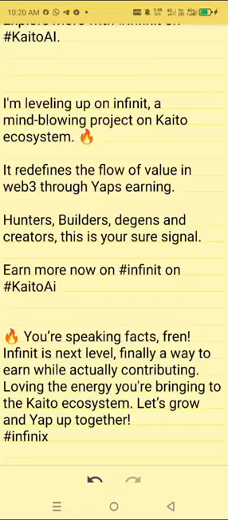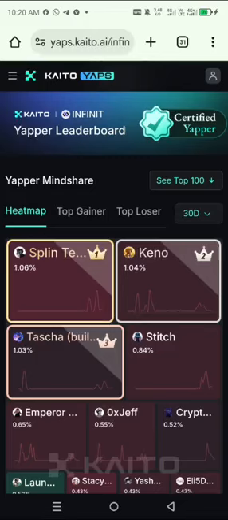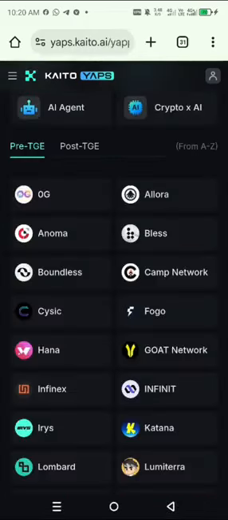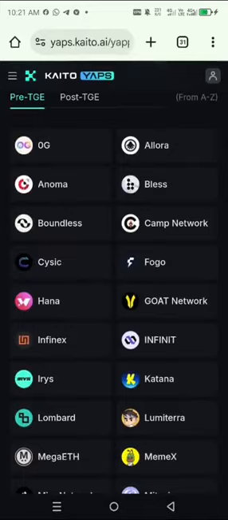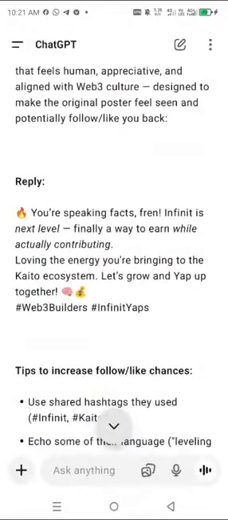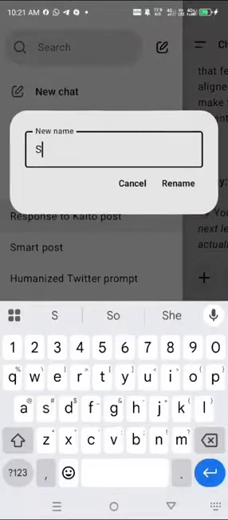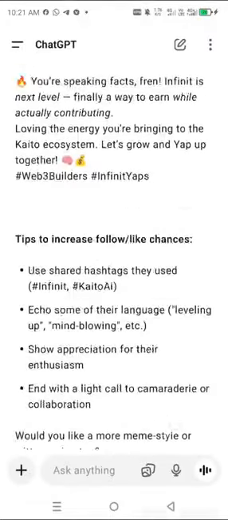The project to yap, and I told us we'll be yapping Infinix and also SciSeek. So these are the two projects we'll be yapping for now, SciSeek and Infinix. Then I taught you how to yap. All right, we're using ChatGPT. You've done that already, and also I taught you how to respond to a yap, which I just did now. So you can just rename this one to smart response. So you always respond the same pattern I use in responding to this.